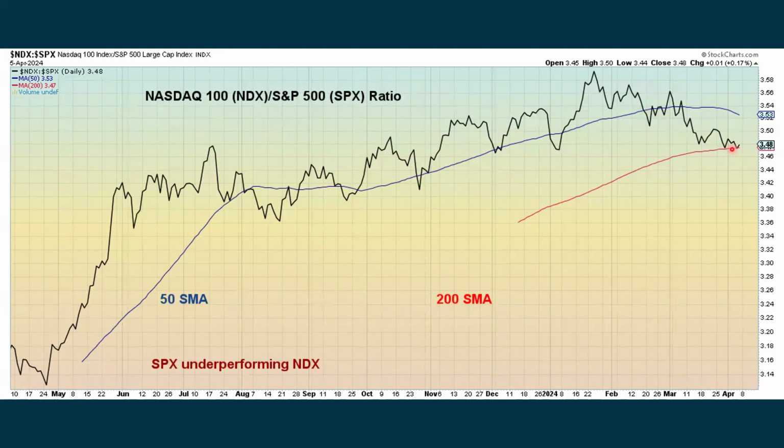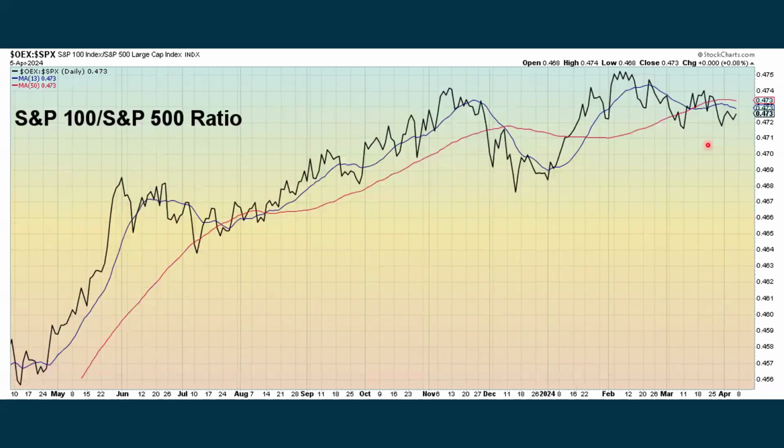Now, you could take this as positive because the S&P 500 is a bigger index and it has more value type stocks. And it's also more of a broad market measure of what's going on with stocks. So the fact that this is actually coming down could suggest that there's more broad market participation. Then we look at a ratio between the S&P 100, the biggest stocks that make up the S&P 500, also seeing a bit of a pullback here, and we just saw a recent death cross with this ratio. Not necessarily negative, it's just showing more of the other stocks in the S&P 500 are starting to participate in